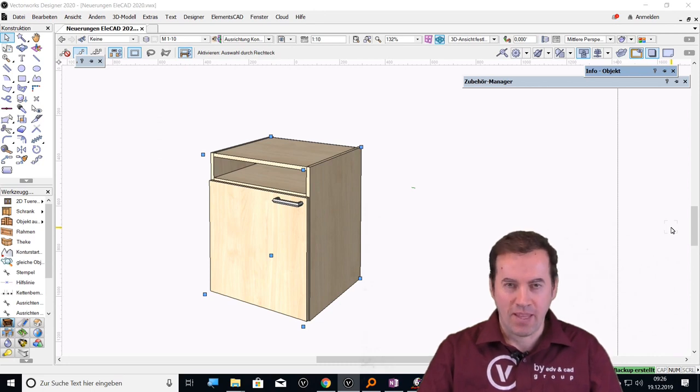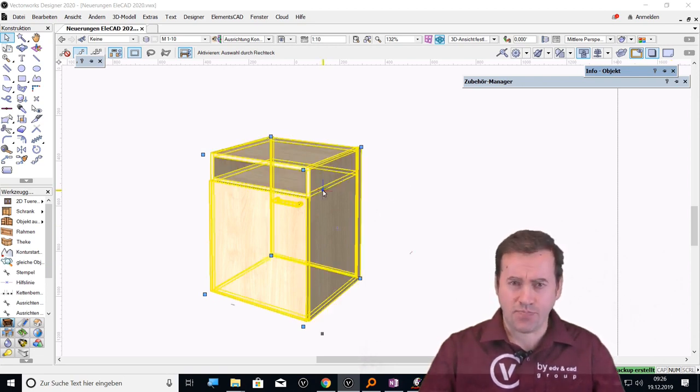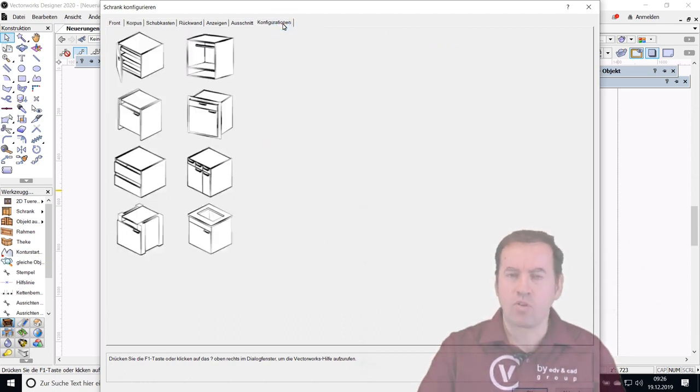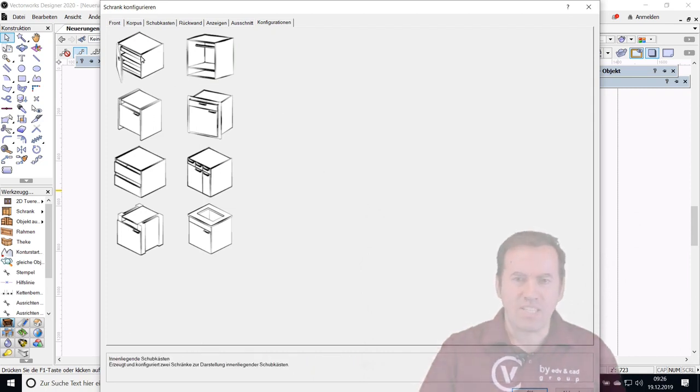In this video I want to show you the pre-configuration features of ElementsCAD. Here we see a cabinet, and if I double click I can go to the pre-configurations. Here we have several examples, and above left we have drawers behind a door. And if I select this pre-configuration, I can